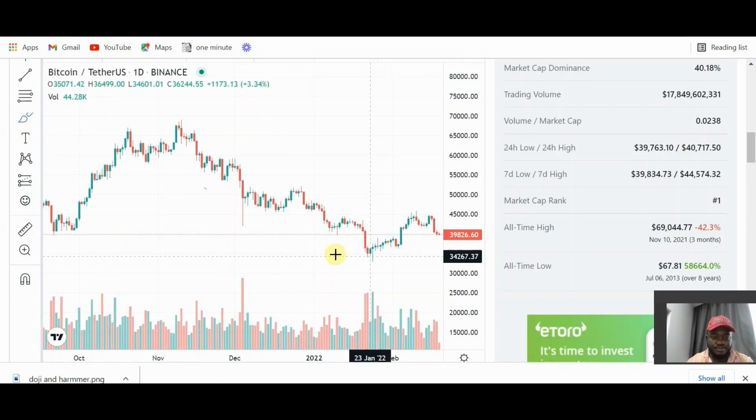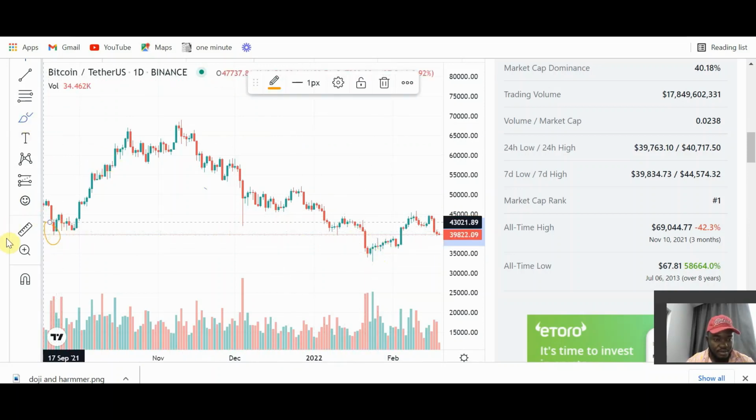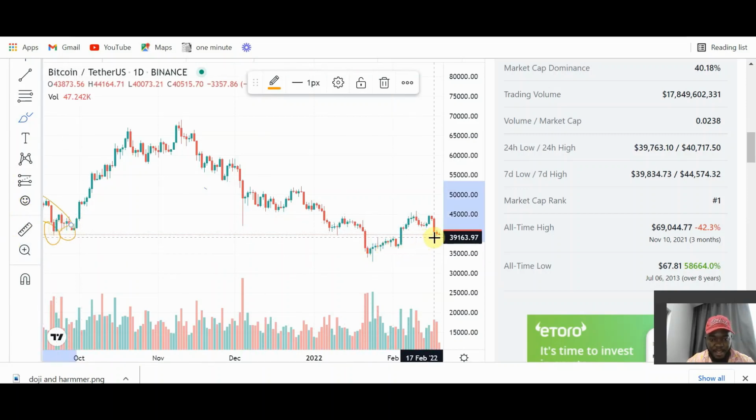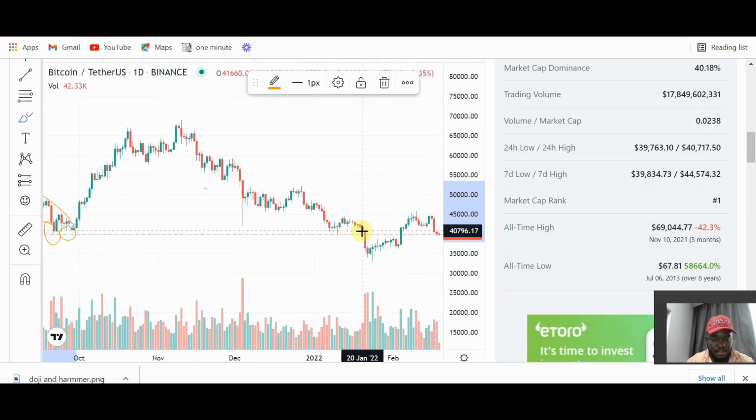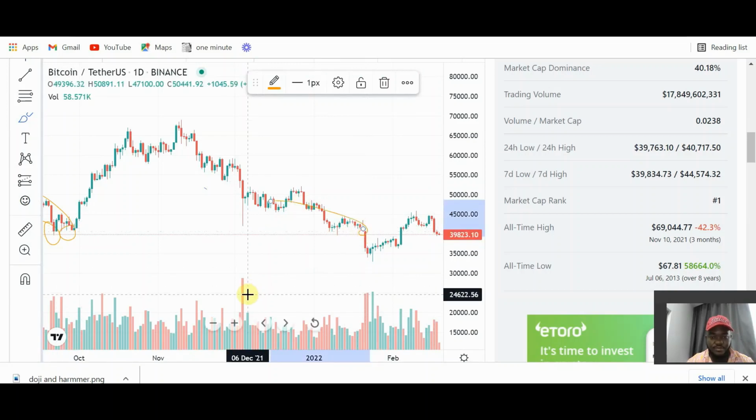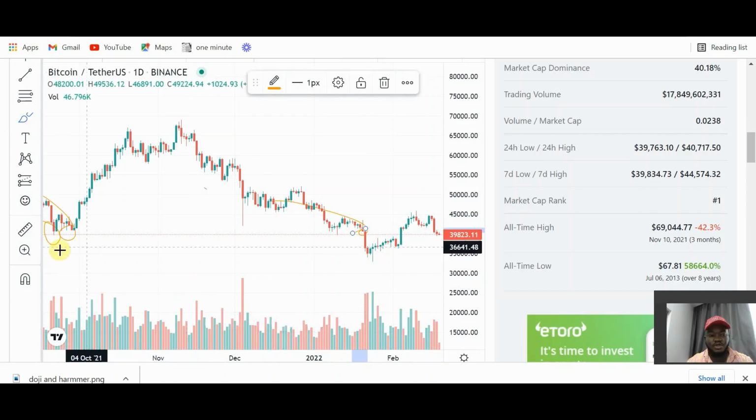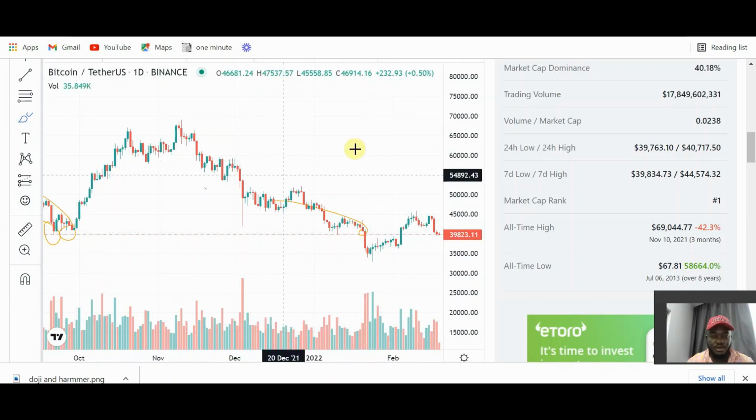So let me show you. This place is a support zone. This is a support zone, and this place is also another support zone. Okay, this is also another support zone. So as a trader, what you need to do is,